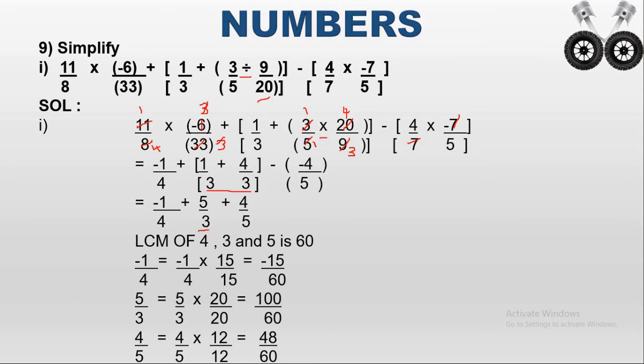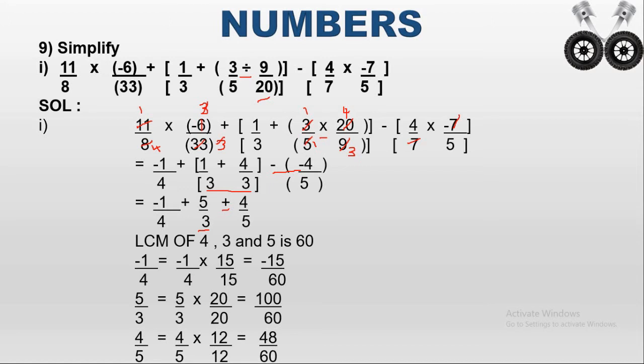So 5 by 3. Again we are having the two operators near together, that is the negative operators. So minus into minus it will become plus. So now the given algebraic expression is converted into minus 1 by 4 plus 5 by 3 plus 4 by 5. If I want to add or subtract the rational numbers, they should have the common denominator. But here we are having different denominators. So if I want to make the common denominator, first I have to find the LCM of the different denominators.